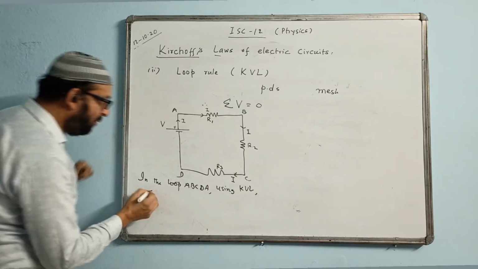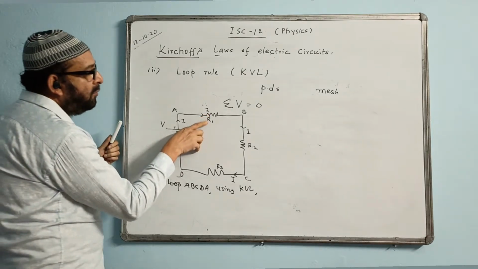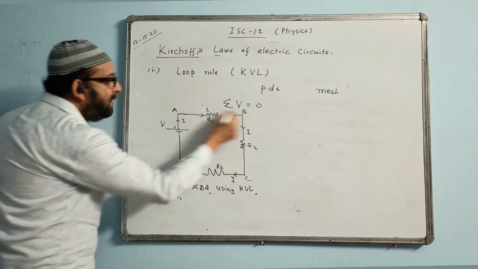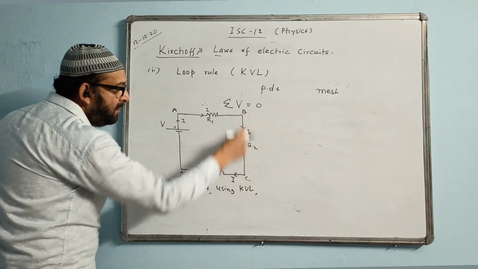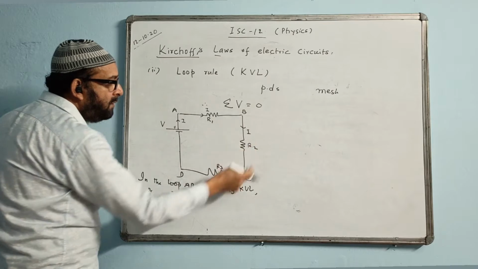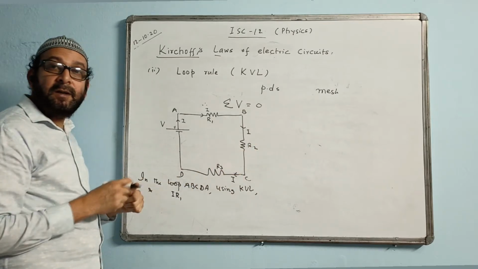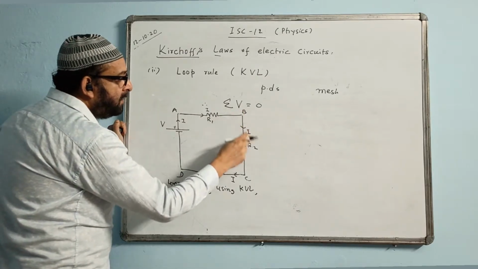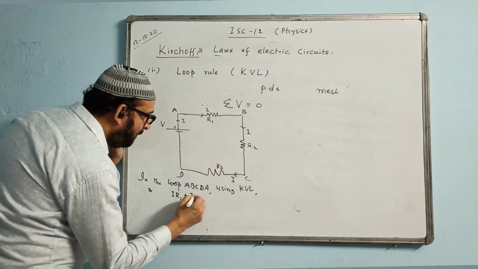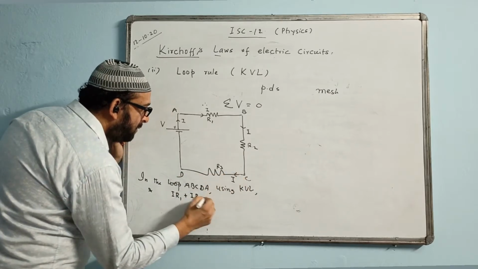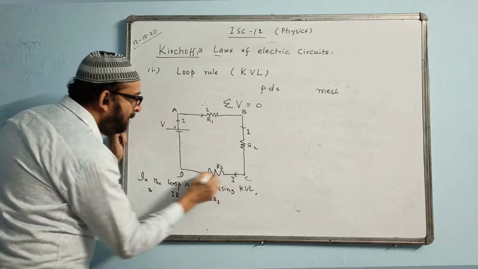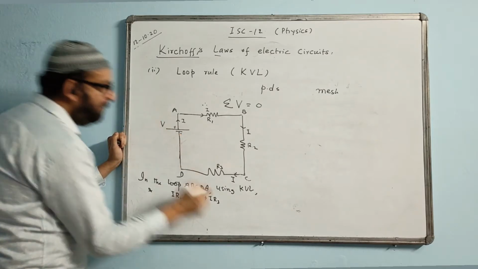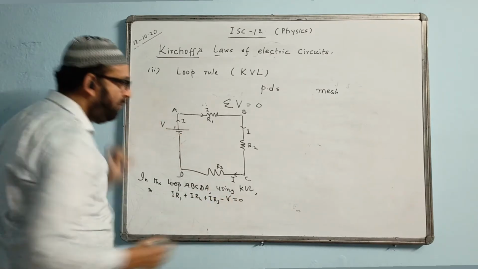Now we are applying KVL. How to apply? What is the voltage across this one? I into R, we will multiply, right? And IR in the same direction. The direction is not changing. If we are taking clockwise this way, but the current comes anti-clockwise, then we have to put a minus sign. So just now we are writing here plus IR2 plus IR3. Over here you will see there is a minus sign, V. We write like this: the sum equals zero.